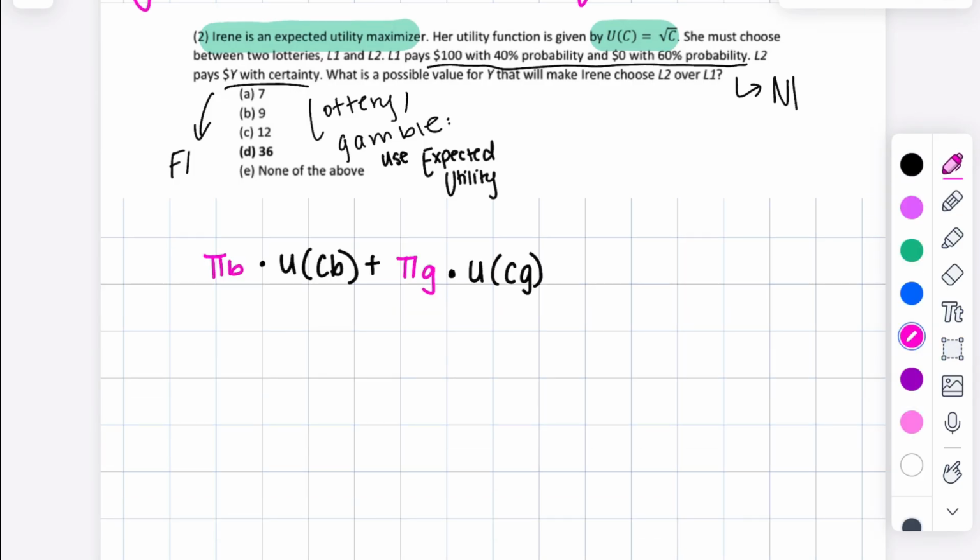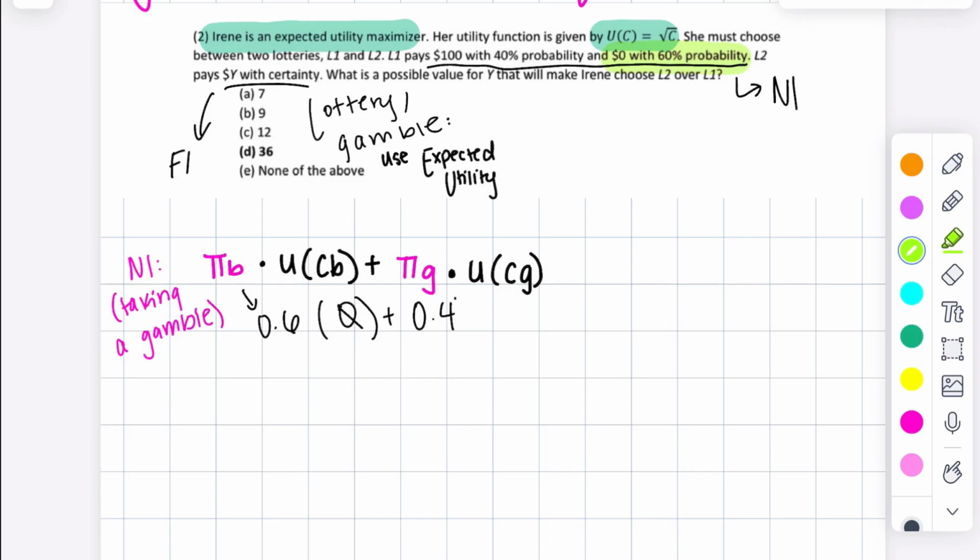So first we're going to calculate our expected utility under no insurance. We think of this like taking a gamble, taking a risk. And so the first lottery, we are taking a risk, right? We can either win a lot more money or we could lose money. So for this consumption in a bad state, that's at $0 with 60% probability, right? We lost the gamble. So that's going to be a 60% chance that our consumption in the bad state is just $0. That means that we have a 40% chance of winning some good money, which is going to be